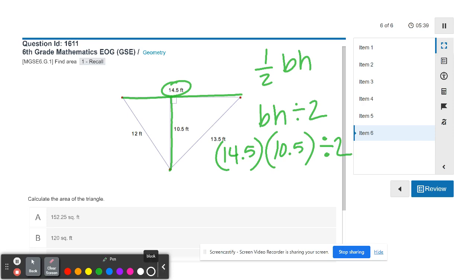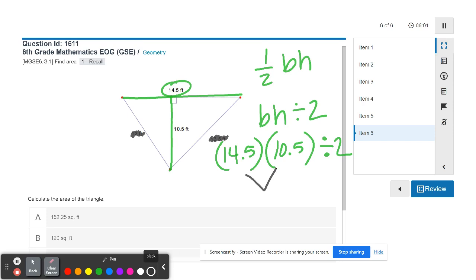We also talked about in slants, we never use a measurement of a slant piece. So we really don't need those pieces there. So another reason you may have got this wrong is because you used a slant piece when you didn't need to. So when you multiply these two together, I have 14.5 times 10.5, which equals, I'm going to get out